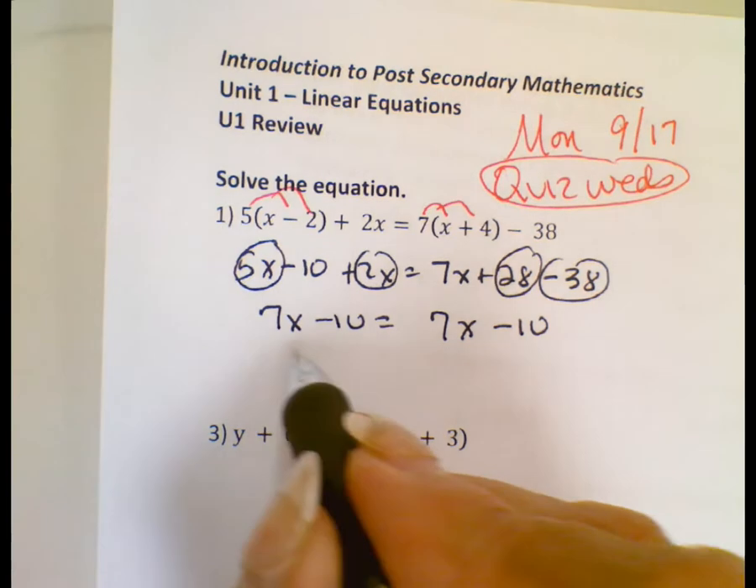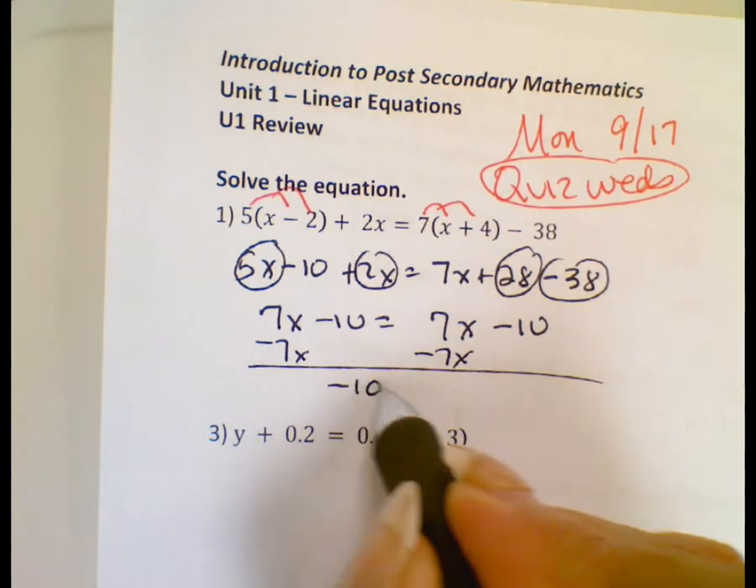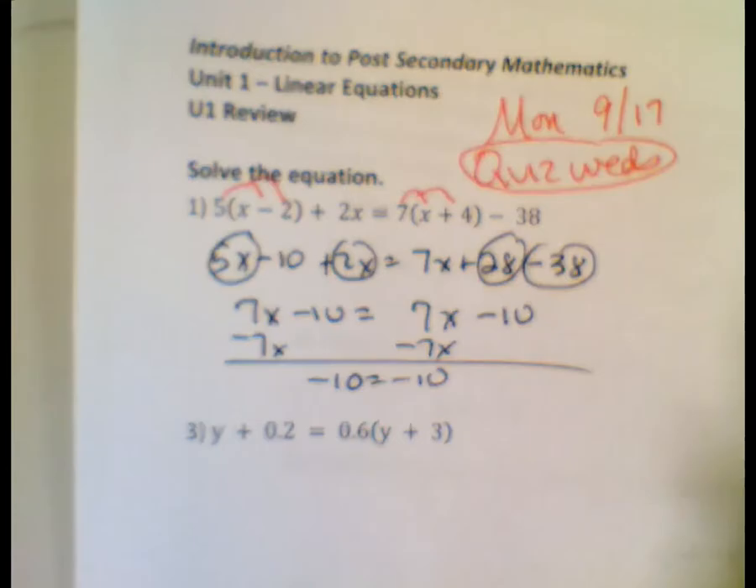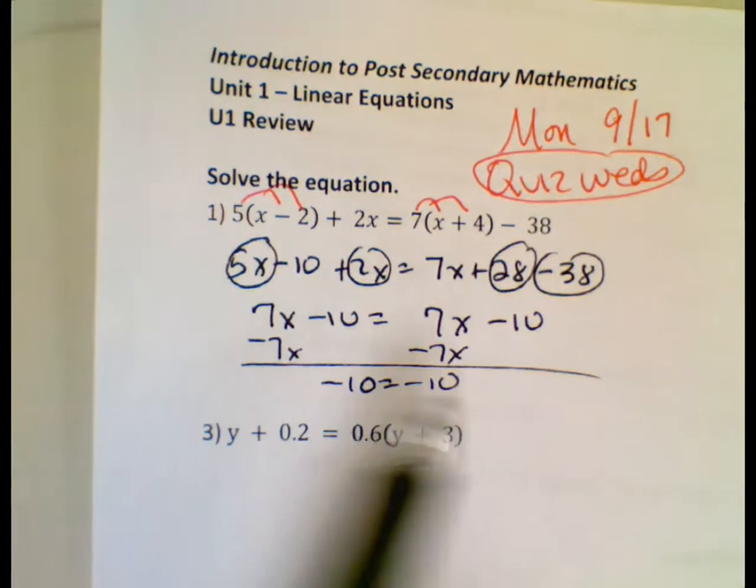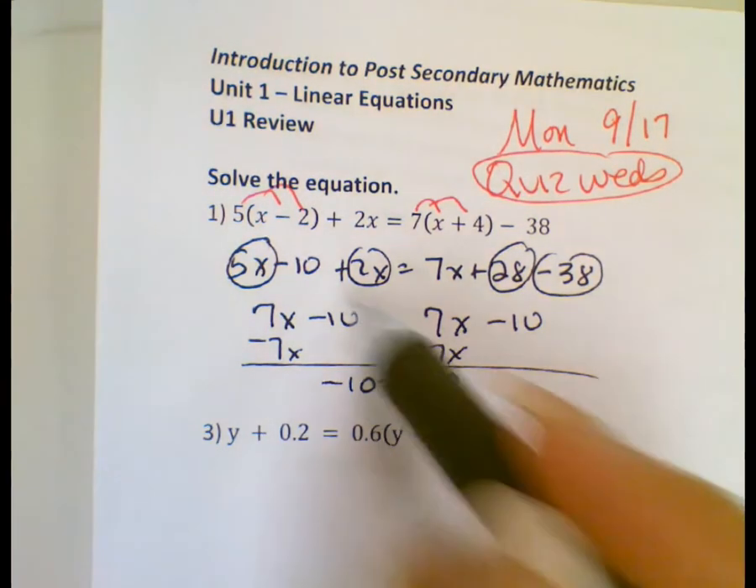But maybe you didn't catch that. So maybe you're subtracting 7x, you're like, negative 10 equals negative 10. They're still equal. So at any time that you notice the left side equals the right side, you can stop. Look at the remaining statement. If it's true, like this is true,